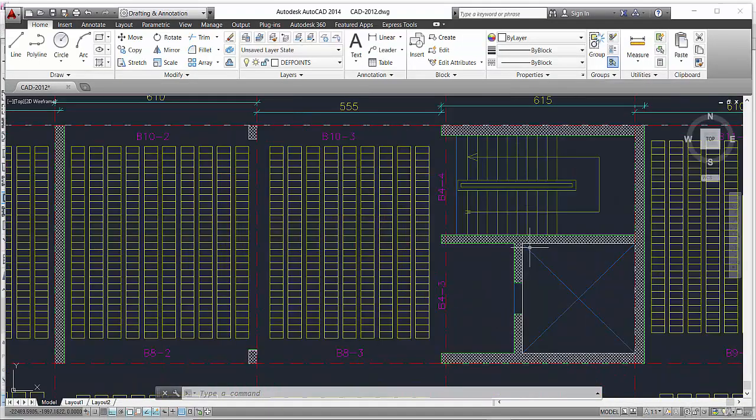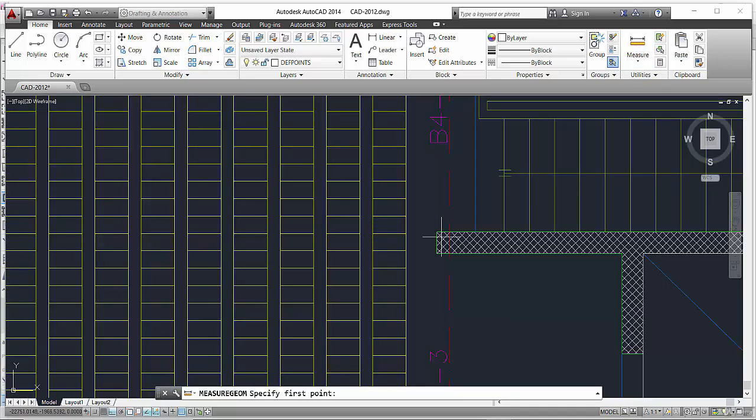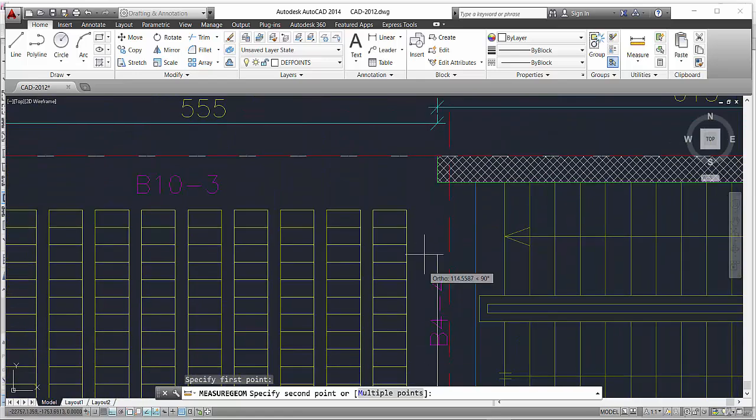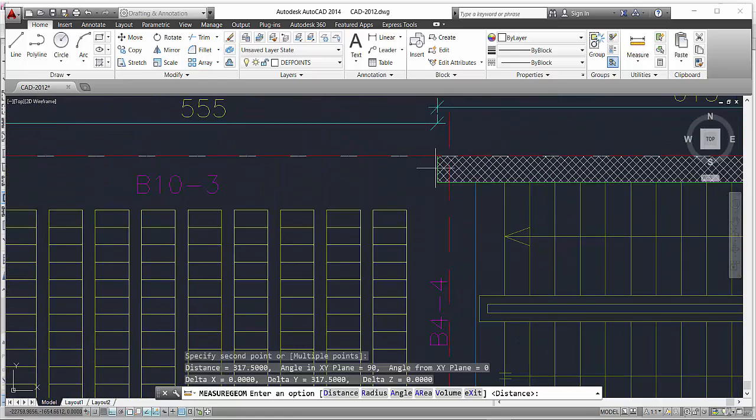To draw this leg here, we want to copy a leg. We want to measure the distance between the center line of this leg and the center line of this leg, equal to 317.5